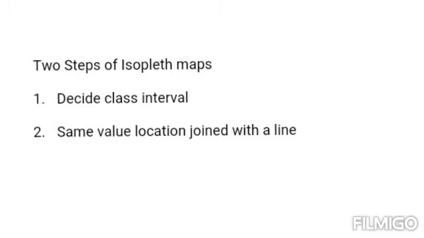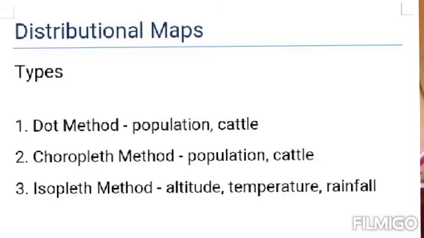Now after studying isopleth maps, a very important thing, we get the idea of natural trends. Natural trends means how much is the rainfall of this area, so we get that idea, isn't it? So more rain means you can guess it's a forest area or mountain area, there are some natural causes, so we get some ideas about that also, right? So I hope you understood all three types of maps. Number one was dot method, number two was choropleth method, and third was isopleth method. So what are the major differences between them, we try to bring out.